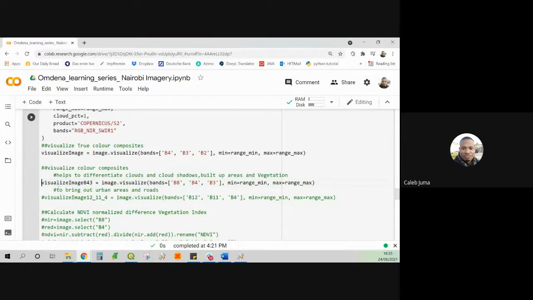Let us create this one. This particular color composite utilizes the near infrared, the red, and the green band. And it will help us to differ, if our image had clouds, then when you use this particular combination, you will be able to see the clouds much better and the shadows,